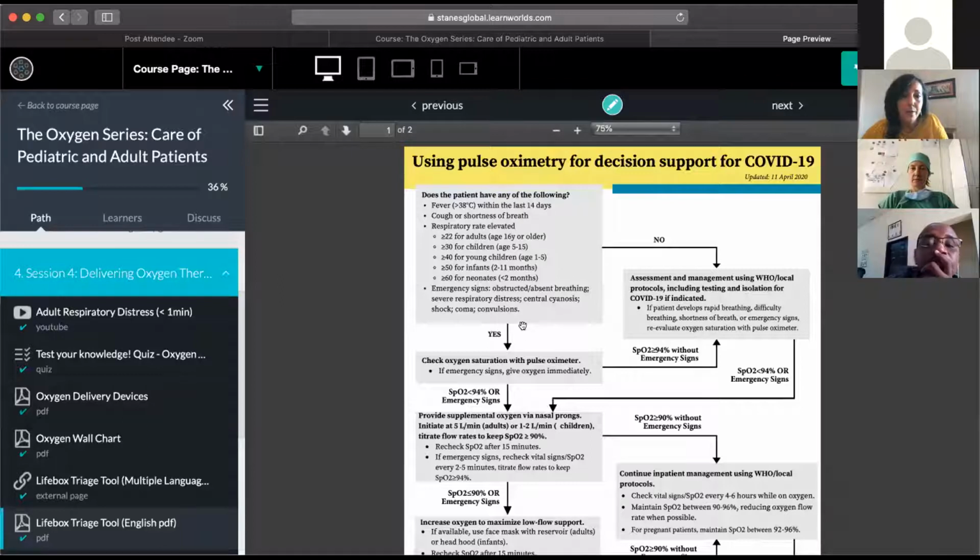If the patient has any of these signs you would move down to this next box and you would check the